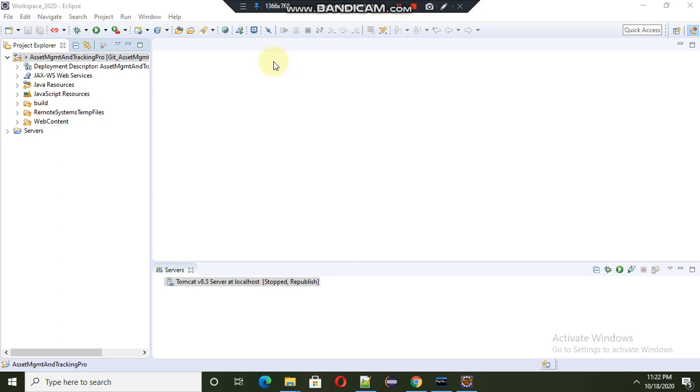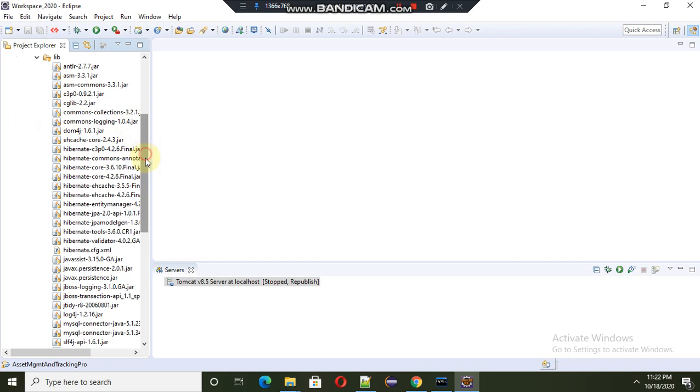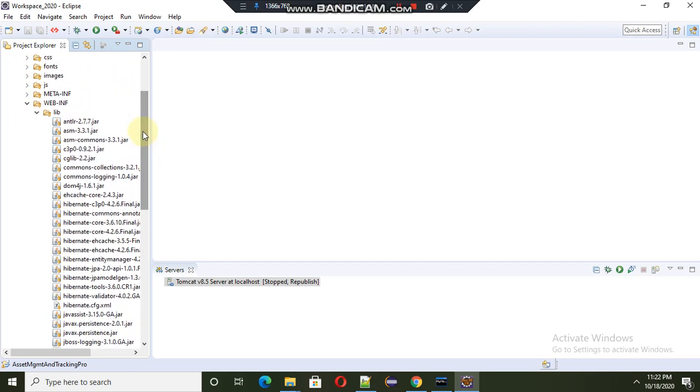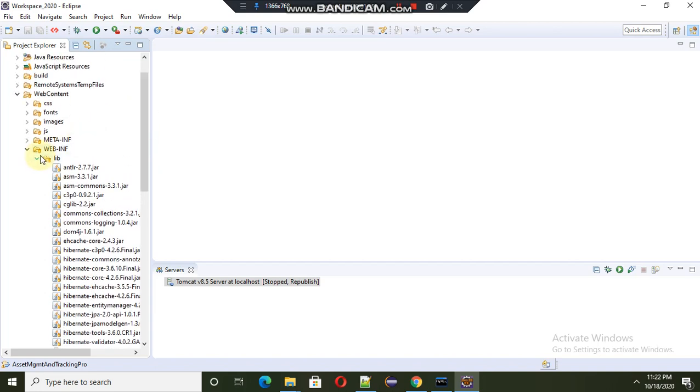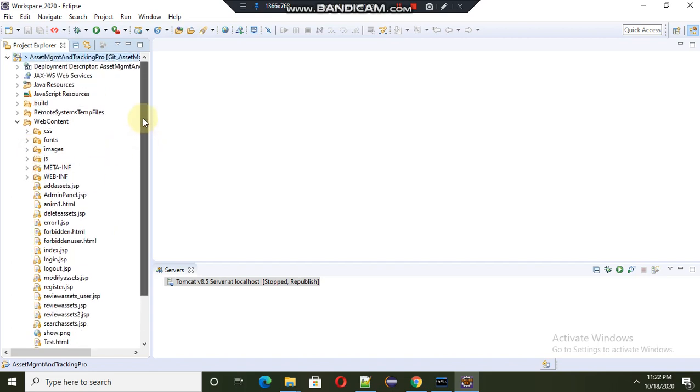So you don't need to bother. I have included all the jars and dependencies inside WebContent, WEB-INF, lib. So here all jars and dependencies are already available when you download the project, whose link is available in the description box.